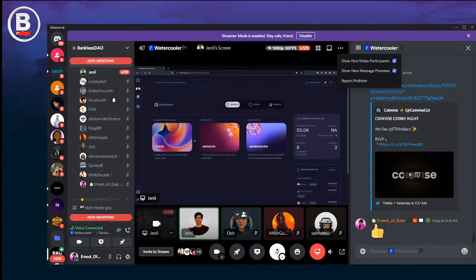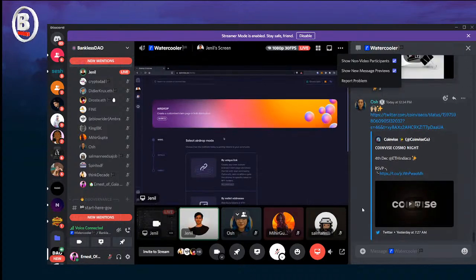This is optional, but if you have a treasury where you would like the token to be minted, you can put that as the address over here. And you can put a description of what the token stands for. In this case, Bankless DAO already has a token, so I won't go too deep into token minting. But yeah, it's a very straightforward form, and you can mint a token in as little as 2 minutes. The core two tools that most people use Coinwise for are airdrops and memberships. So I'll start with airdrops first, and then go over into NFT memberships.